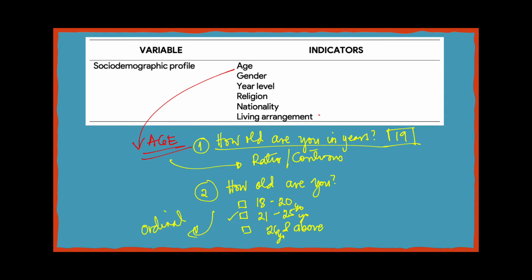Now, the goal here is you choose the type of questioning. If there is a variable like age that you are able to transform from continuous to ordinal and vice versa, you always choose one. The basis for choice is one. You have to make sure that you have the more robust level of measurement, and usually the more robust ones for us to be able to make use of better statistical analysis are continuous variables, ratio or interval. So we do that